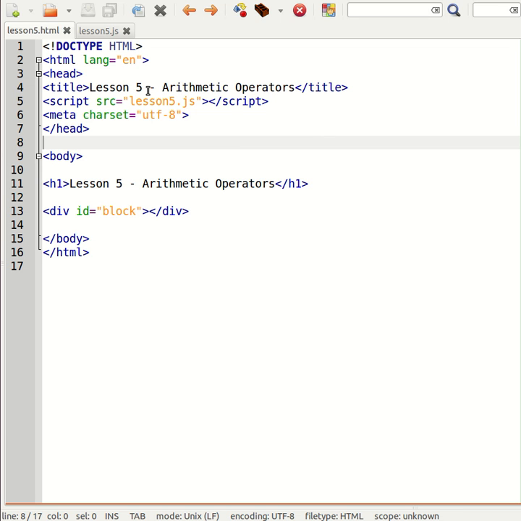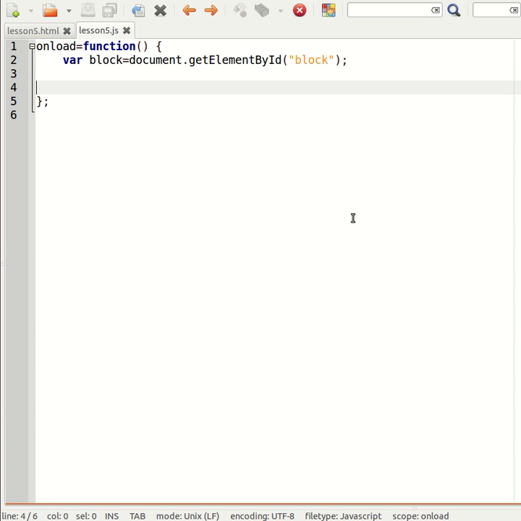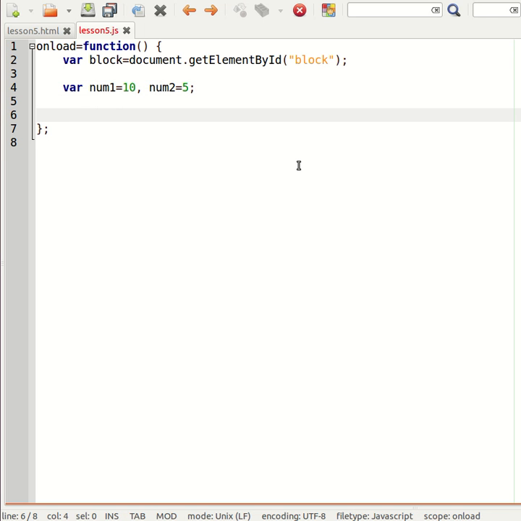In this lesson we'll be learning all about arithmetic operators, and here I'm linking to an external JavaScript file called lesson5.js, and I have my div tag once again to do some output. In my JavaScript I'm going to carry on with the idea of using an anonymous function. This will execute once the document is finished loading. So let's start by declaring two variables. And we're going to do some calculations with these variables. So we create an output to our div,